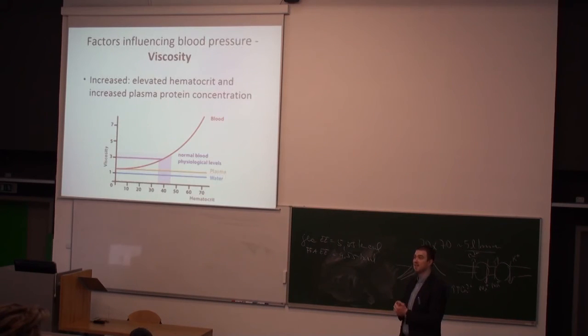If you have some hypervolemia, you also decrease the... Yes, if you have a patient after bleeding, you will give him only liquid, not corpuscles, then the viscosity will be lower. So you can see that here is the relationship between hematocrit and viscosity. If you lower hematocrit, then you lower the viscosity. So if you have a patient after bleeding, in first aid you give him only liquids, you will decrease the viscosity.